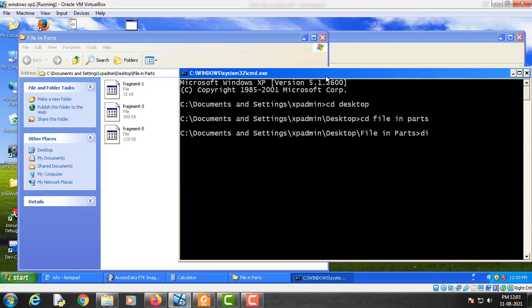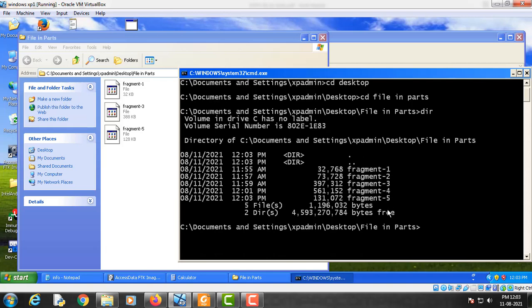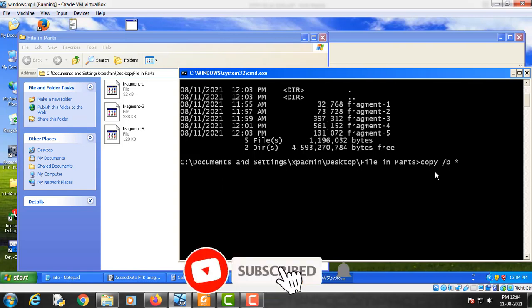Now I will use this command, copy /b, then *, and then I will enter the name I want to give to this file. I will use the name recover.jpg.